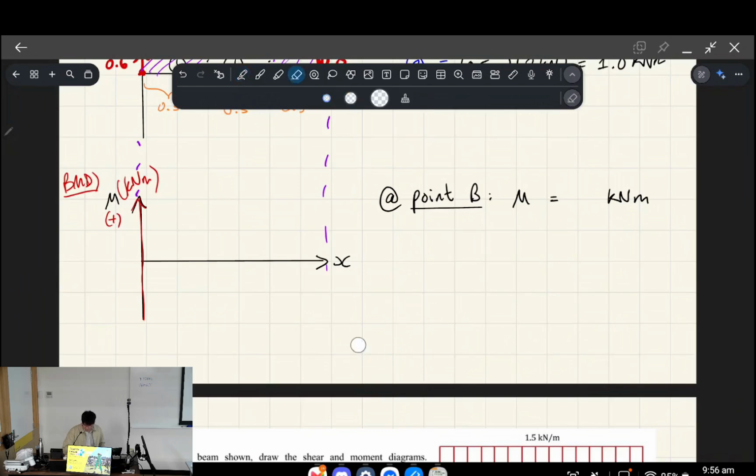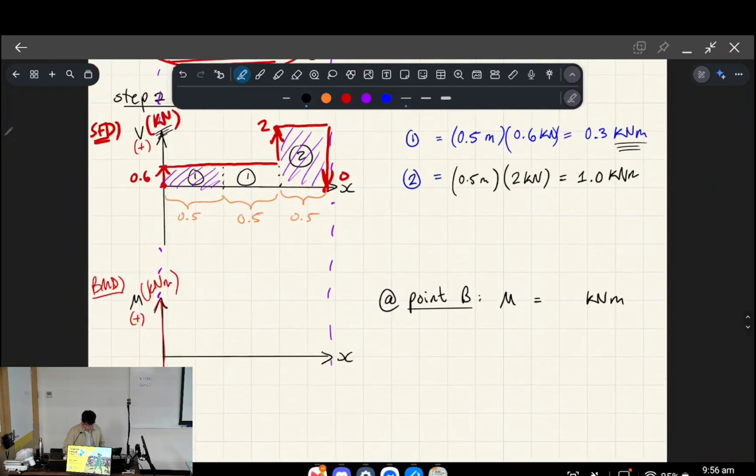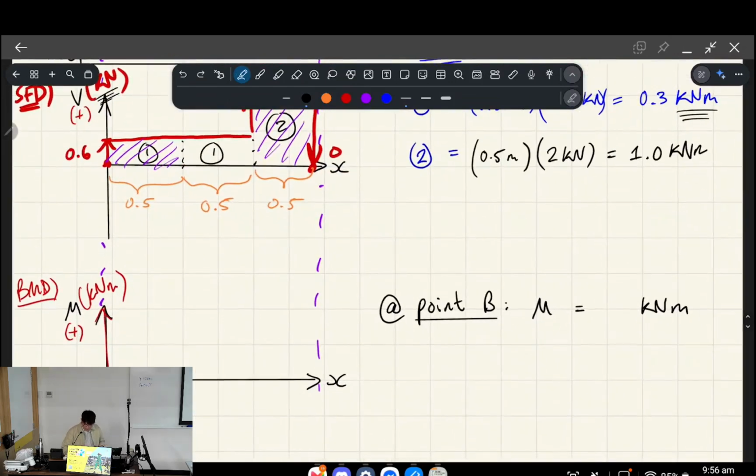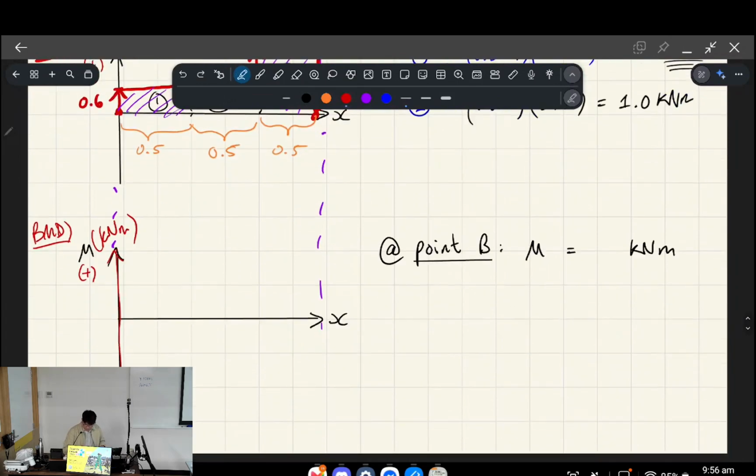I'll explain that later, or maybe another time. But yeah, anyway, so this goes the way that you think it does, and that's the sign convention that we go with in this course, okay? All right, so